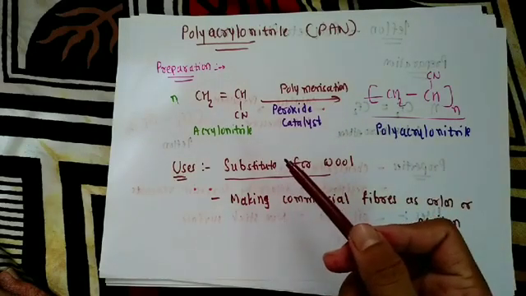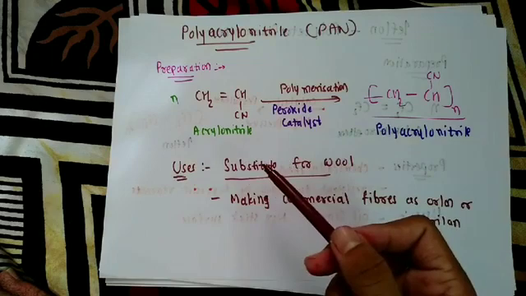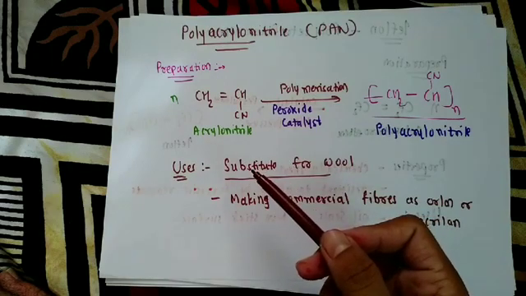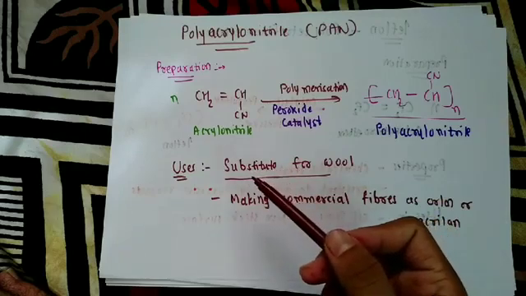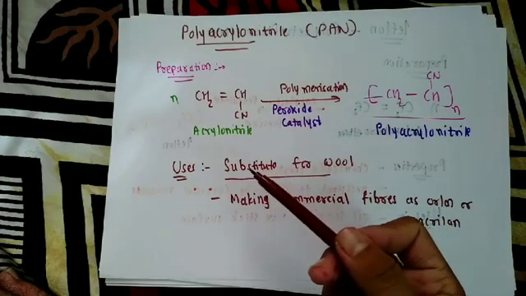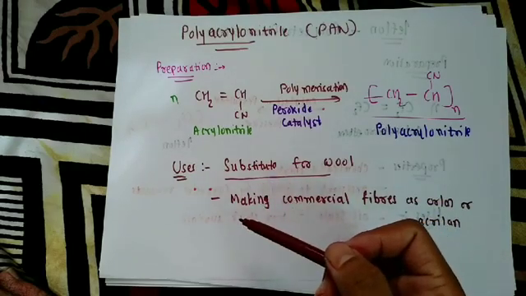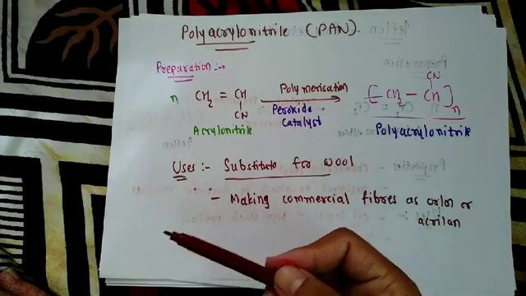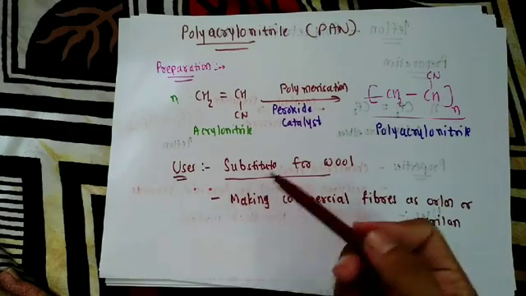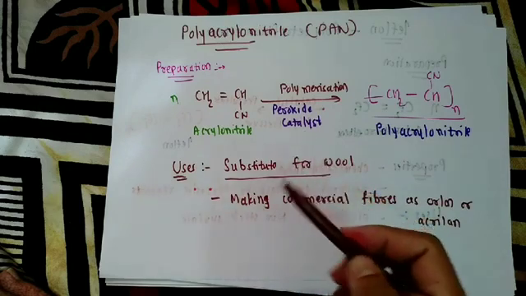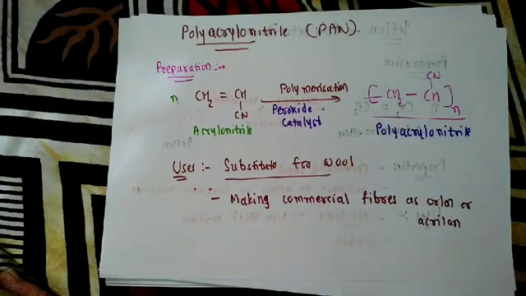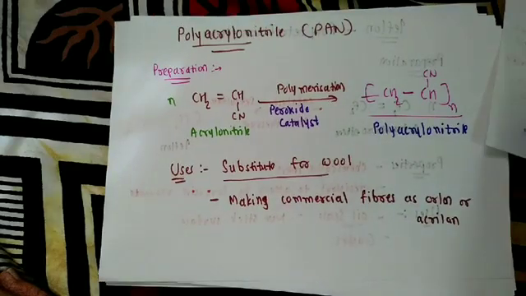Properties remain the same. They are chemically inert. They are resistant to attack by corrosive reagents. They are hard. They are tough. So the properties of all the addition polymers are more or less the same. They are chemically inert. They are hard. They are resistant to attack by corrosive reagents. Okay. So till now we have discussed 4 types of addition polymers.